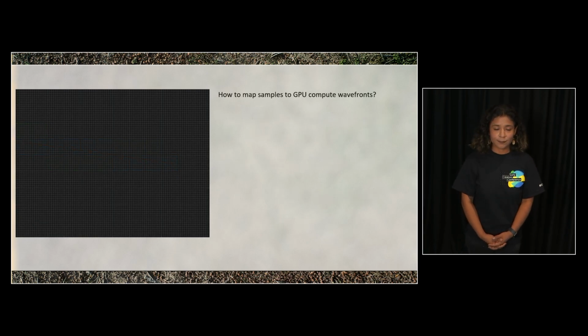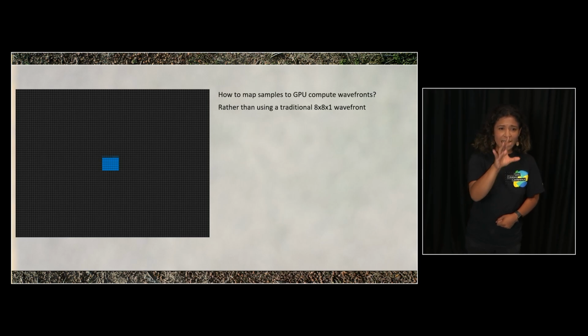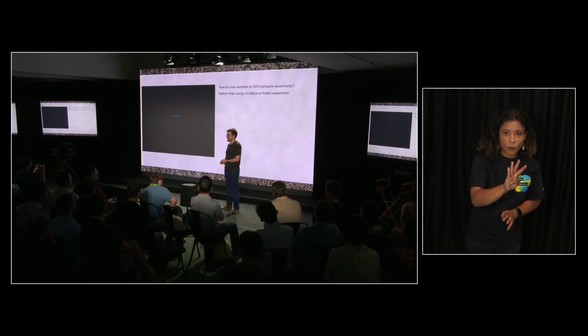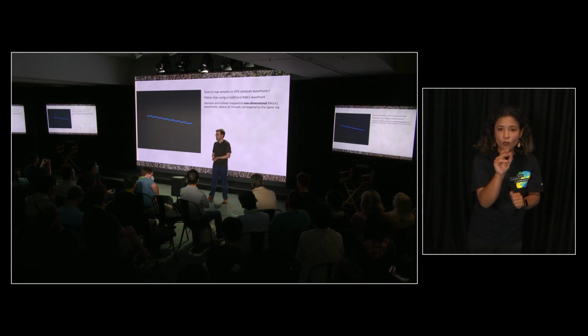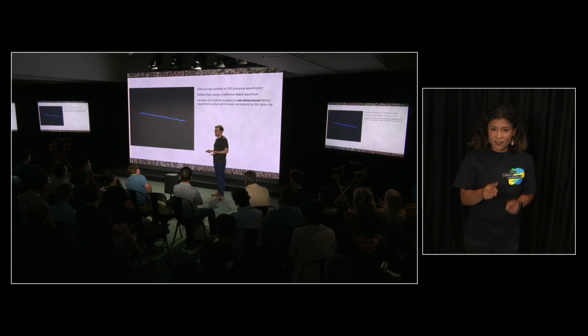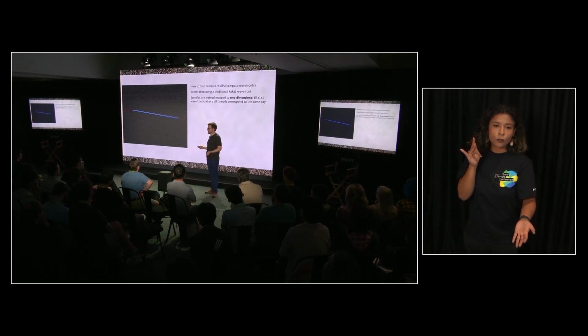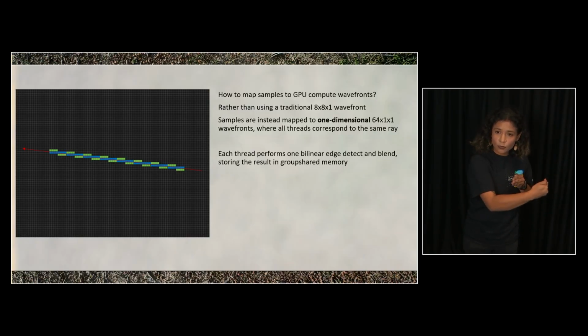In traditional rendering, our typical compute shaders are 8 by 8, maybe 8 by 4, that sort of thing. Everyone's used to this. So the key observation here is that what we actually do instead is use a 1-dimensional compute shader, 64 by 1 by 1, and we map it to a segment of the ray. By doing this extremely simple thing, we are now in a really advantageous position, because every thread individually only has to sample one sample and its bilinear neighbor, and they can store the results directly into group shared memory. There is a catch, of course.